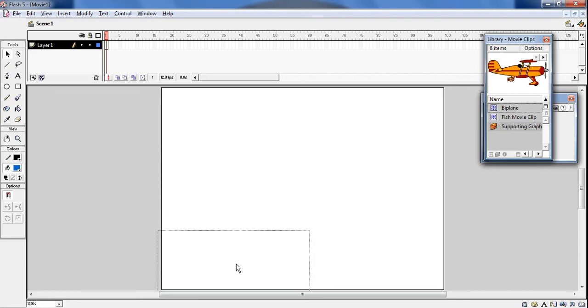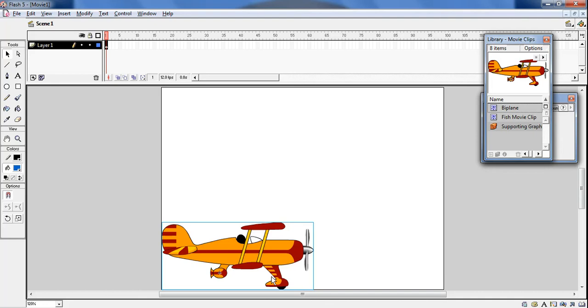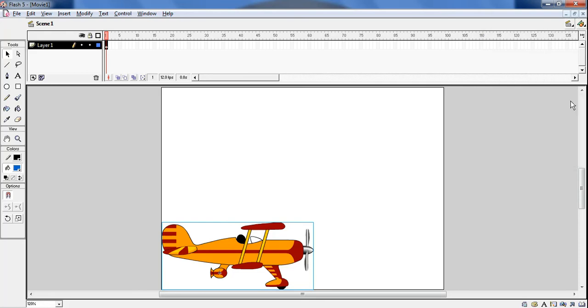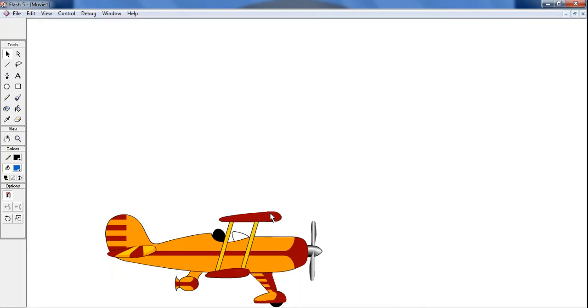We are going to show a takeoff motion, so I need to keep it in the bottom left corner of the stage. Okay, see, the biplane is ready. Now let me close this, it is not required. The movie clip we have already got on the stage, so let me close it. Now the biplane is ready. What exactly are we going to do with this? As I told you, this biplane itself has its own motion, let me play this. Now how do we give an effect again?